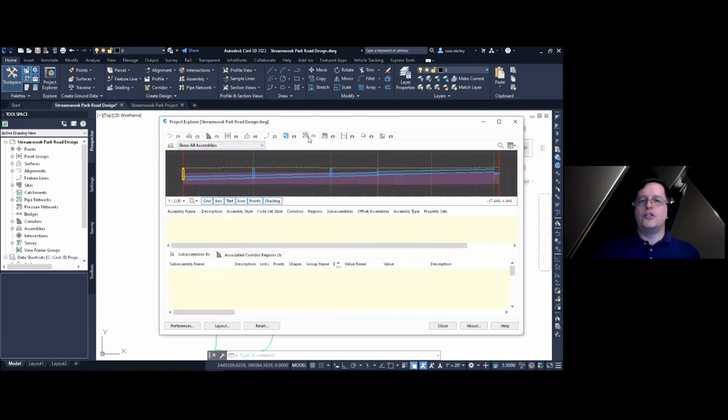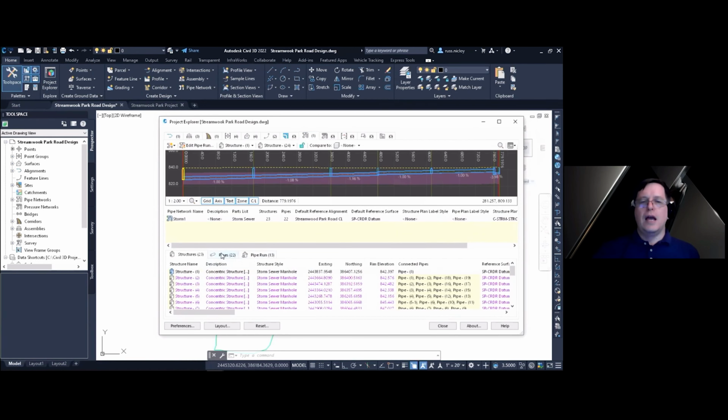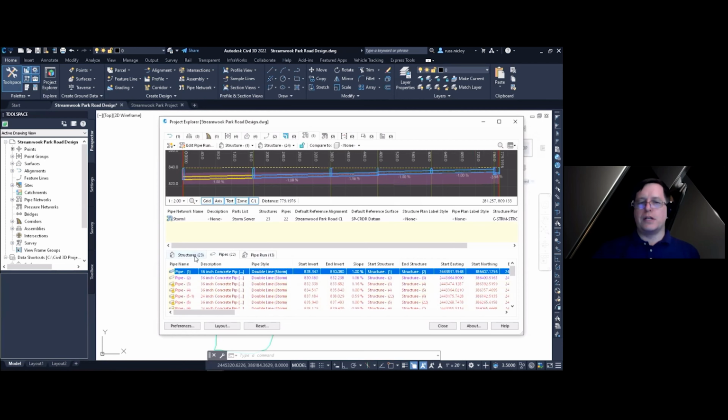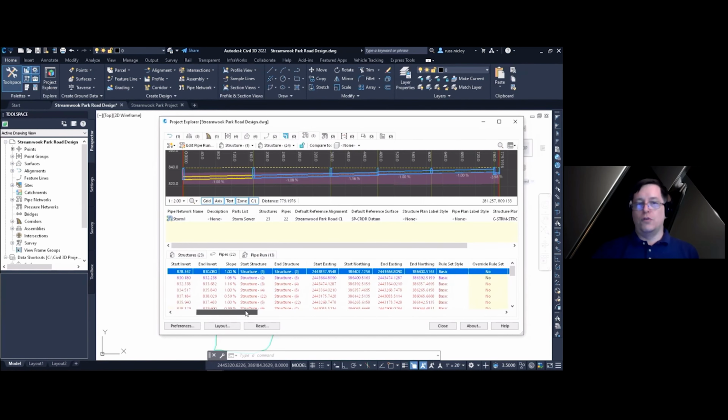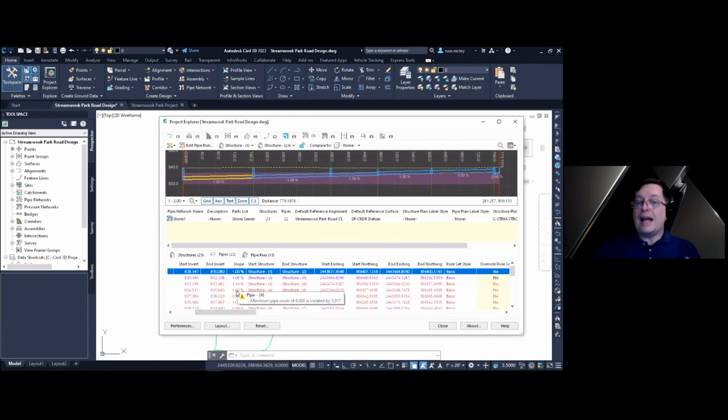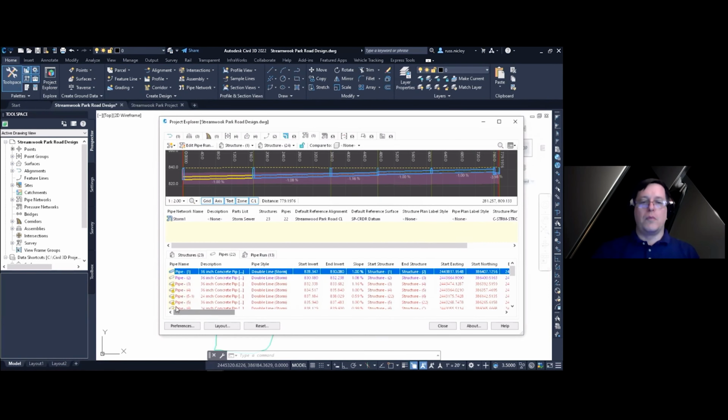Something else that I want to show here is in the pipes area. I'm going to go to the pipes sub-object entity instead of the structures there. And first of all, notice that there's some red text in here as well as the magenta text. The red text is indicating that there is a problem somewhere in here. Now, the idea is if you're scrolled over a little too far, you can't see the beginning row, but you can still tell that there's an error and actually read what that error is. A minimum pipe cover of 6 feet is violated. If I scroll back over here, there are little markers that indicate that as well. But they are editable just like the magenta text.